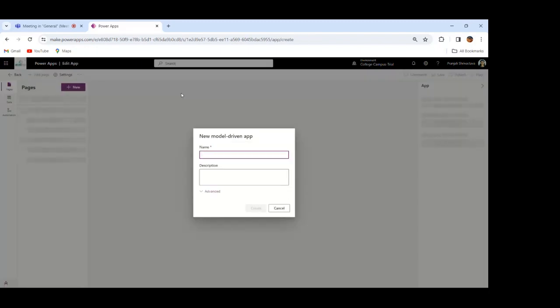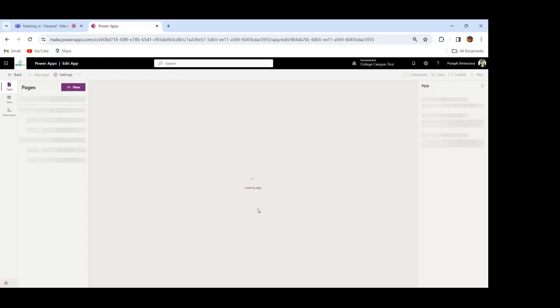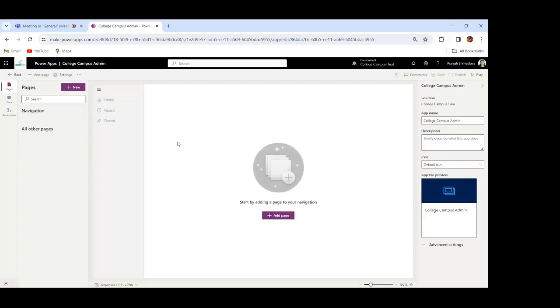Now name this as campus admin or college, campus admin. Now click on create. Okay, so this is basically the UI you will face when you click on model driven app. Here you can see on the left hand side the navigation and the pages you are going to add in your application. On the right hand side, you can see all the information about the solution, application name, description,